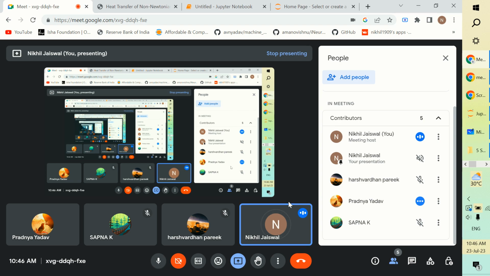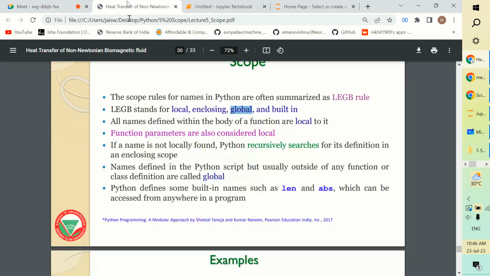Okay, so this is what the LEGB rule is. Also, there is one last thing: built-in. What is built-in? Built-ins are the variables or function names that are already there in Python, already built in there. For example,